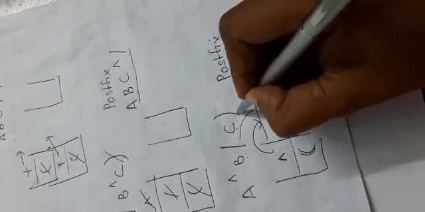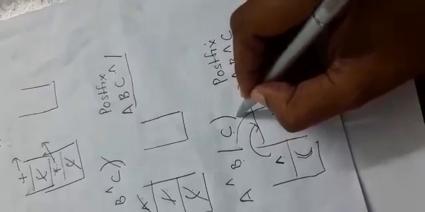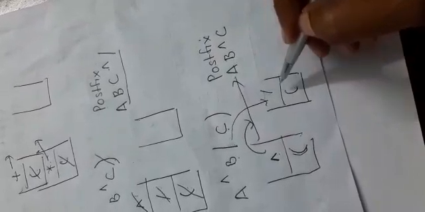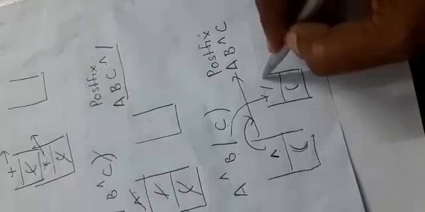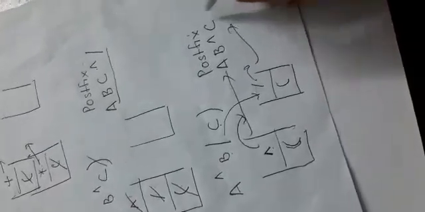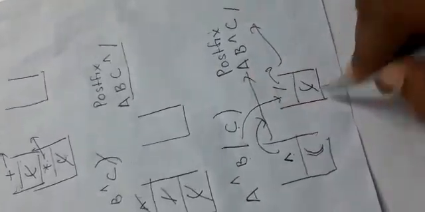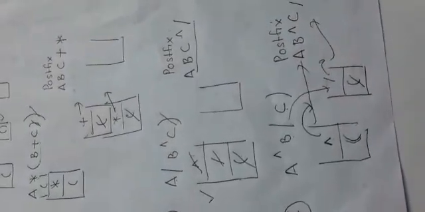After that a closing parenthesis. Whenever a closing parenthesis occurs, you have to pop all the elements in the stack until the first matching opening parenthesis. So this is popped and then added to the postfix expression. And it is a closing, so it is closed. So this is the way we can do the conversions. Hope you understand. Take care.